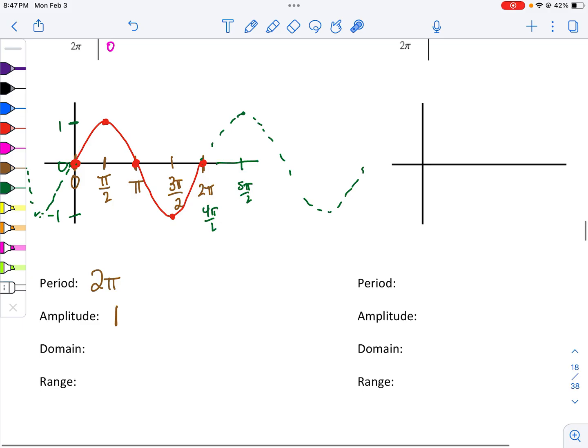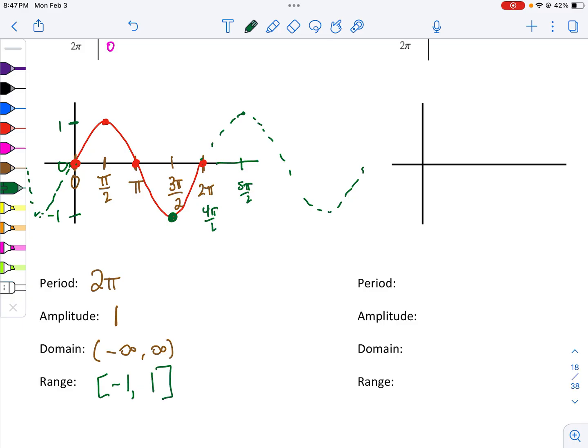All right, domain. So we don't have any undefineds when we graph sine, actually, or cosine. So the domain of sine is going to be from -infinity to infinity, because we can just keep this graph going on forever. And as well, we could go to the left. And then our range, if you look at our lowest point is -1. So it's a bracket at -1 because there are actual points at -1, all the way up to +1 with a bracket. Okay, so again, looking at that graph of sine, it just starts at 0, 0, goes up to 1, back to 0, down to -1, and back to 0 at 2 pi with a period length of 2